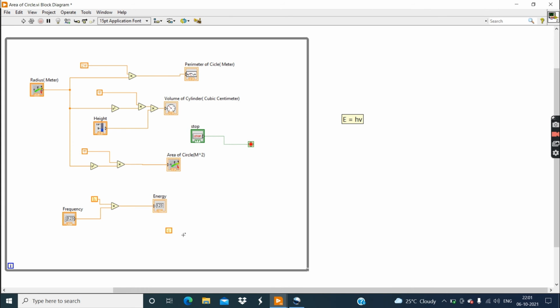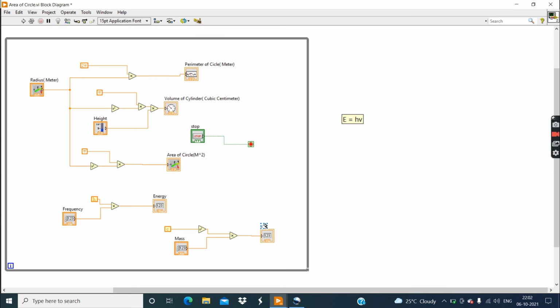Okay, as I already explained, the formula is E is equal to mc square. So we have the constant c. Now we need a square. So click on this square, copy this square and paste here. Okay, and then connect to this c. Now it becomes c square, and then click on this multiply, copy and paste here. Okay, connect the x terminal to this c square, then create a controller to this multiply, and that is our mass right here, mass. Okay, and then create an indicator,